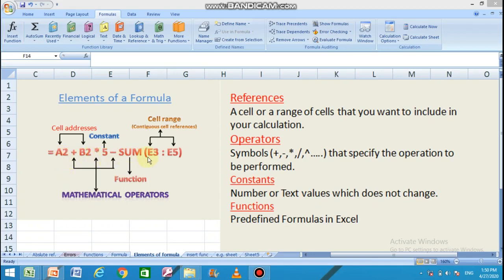Just have a look at this formula: A2 plus B2 into 5 minus sum in the bracket E3 colon E5 bracket closed. A2 and B2 are cell addresses. Cell addresses means cell references. Cell references means the name of the cell.